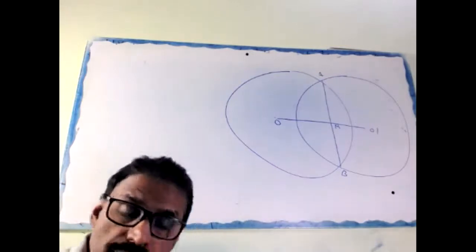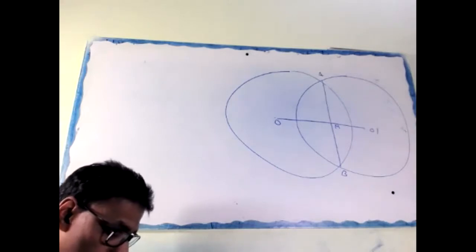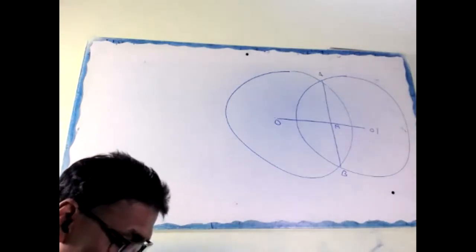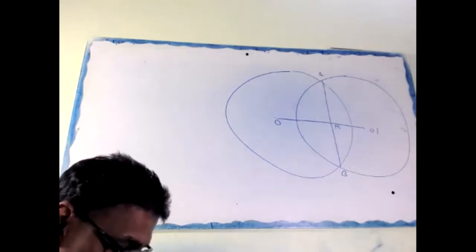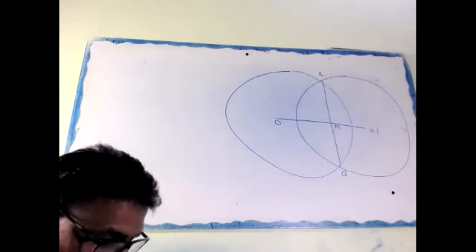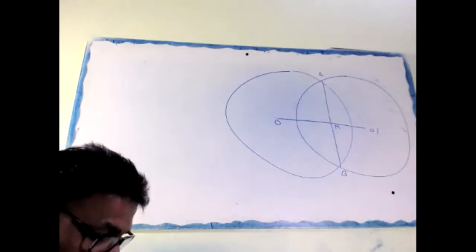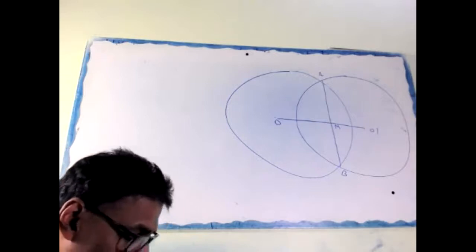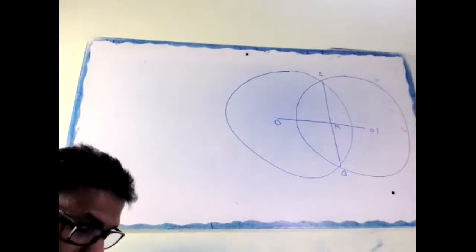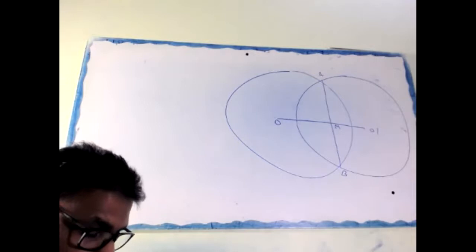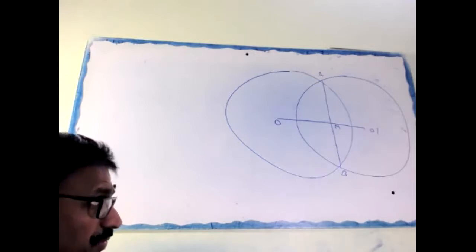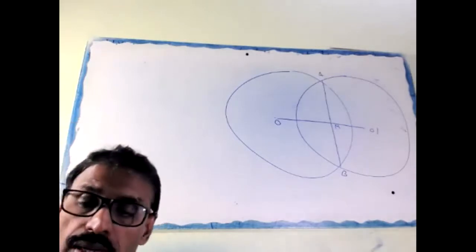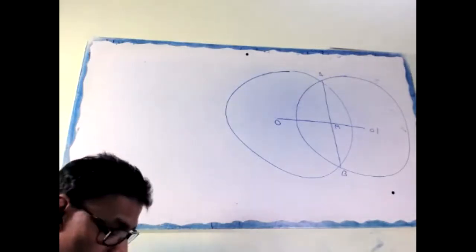Okay, draw the figure first. Finished? Do you understand the question? If two circles intersect at 2 points, prove that their centers lie on the perpendicular bisector of the common chord. Okay, that means we are sure that M is the midpoint of AB. Look here. Right, given.